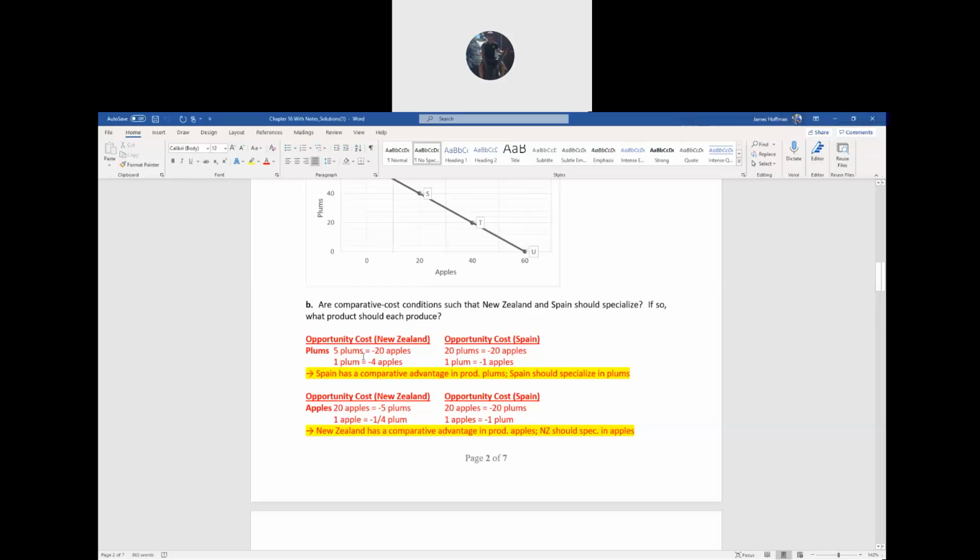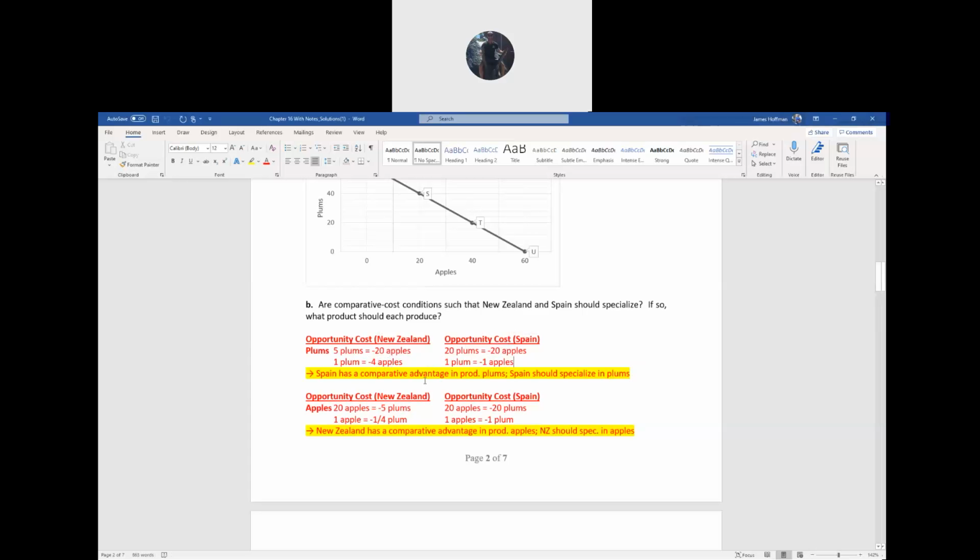Now, you want to first do the opportunity cost in terms of 1 good, right? So what's 1 plum cost for 1 country? What's 1 plum cost for the other country? We did that. Now, who gives up less? Every time New Zealand produces a plum, they're losing 4 apples. Whereas when Spain produces a plum, they're only giving up 1. So by producing plums, Spain's not losing nearly as much. So they give up less. See how they give up 4, they give up 1. So whoever gives up less